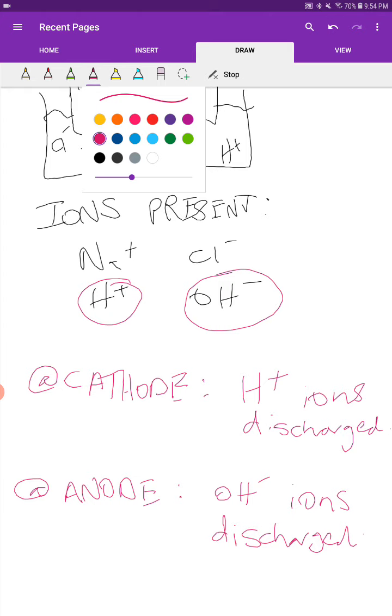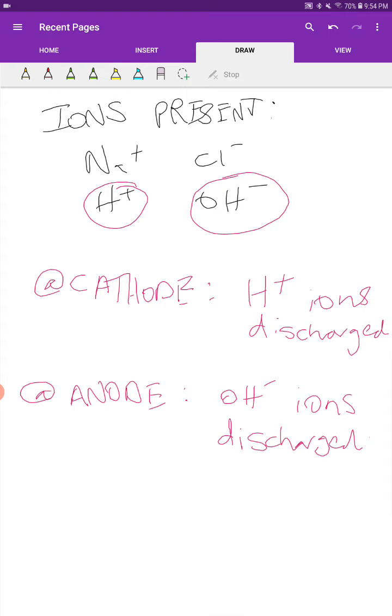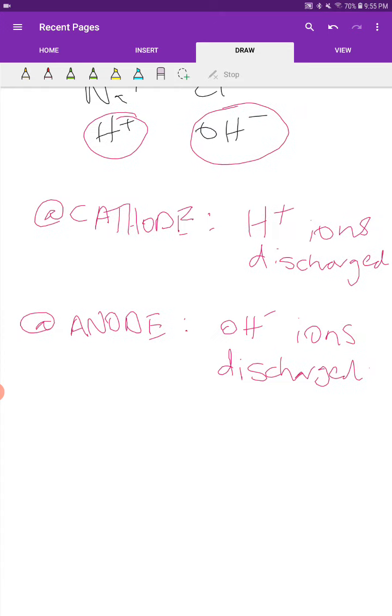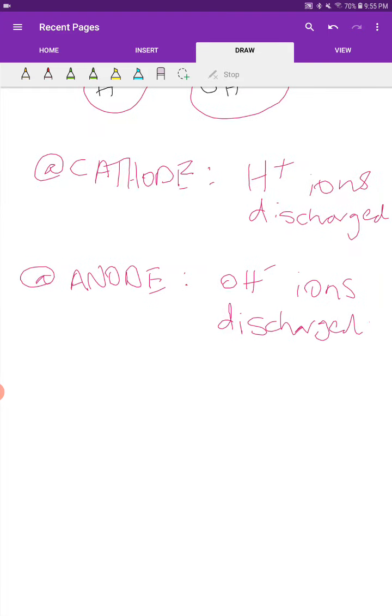Now, again, there are several types of questions that you could be asked. You could be asked about what happens at each electrode in terms of the redox process. What would you observe? And you can also be asked about changes in the electrolyte. Okay, so if we consider the cathode,